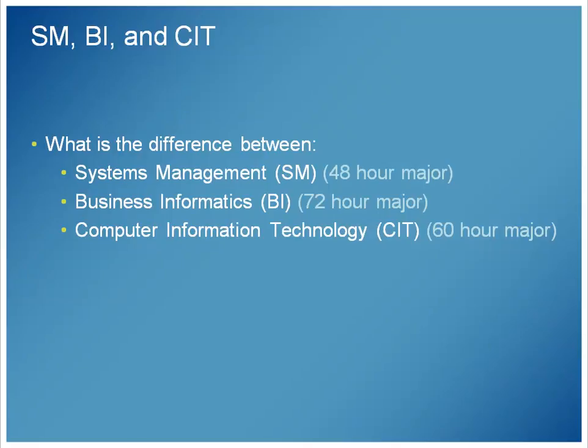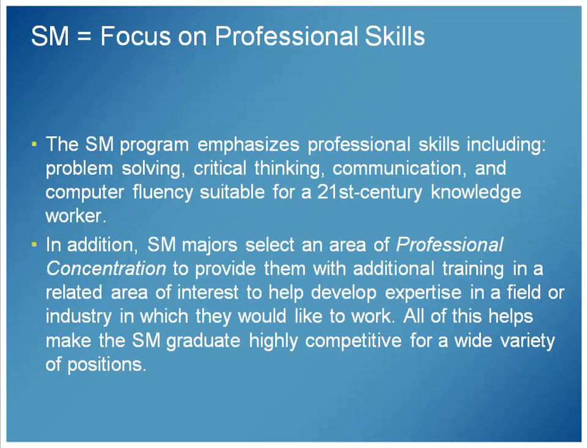and want to come into Western, and in 2 more years add a bachelor's degree on top of their associate's degree. And systems management provides a little more flexibility than business informatics in the degrees of freedom that you have with your classes. Systems management focuses on professional skills. That would include things such as problem solving, critical thinking, communication, computer fluency, the kinds of things we think about